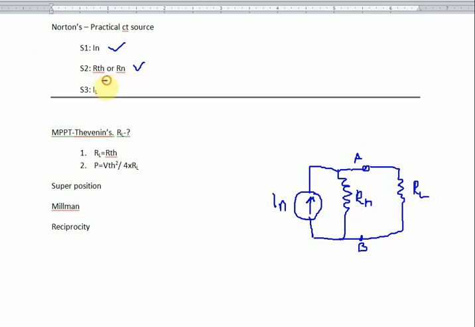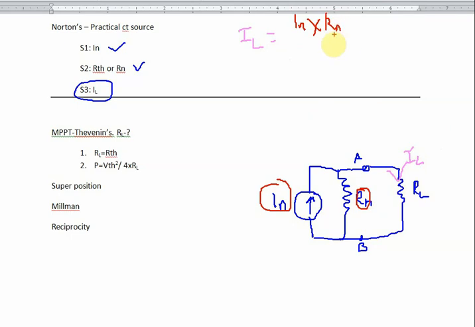Then what to do is step number 3. Step number 3, find out the load current. Here the flow of the current you will find out. That is the load current. Then what is the formula? The formula you should know. That is called the current division method. IL is equal to IN, substitute IN, multiplied by, okay, don't use this resistance. This resistance you can use. That is RN.